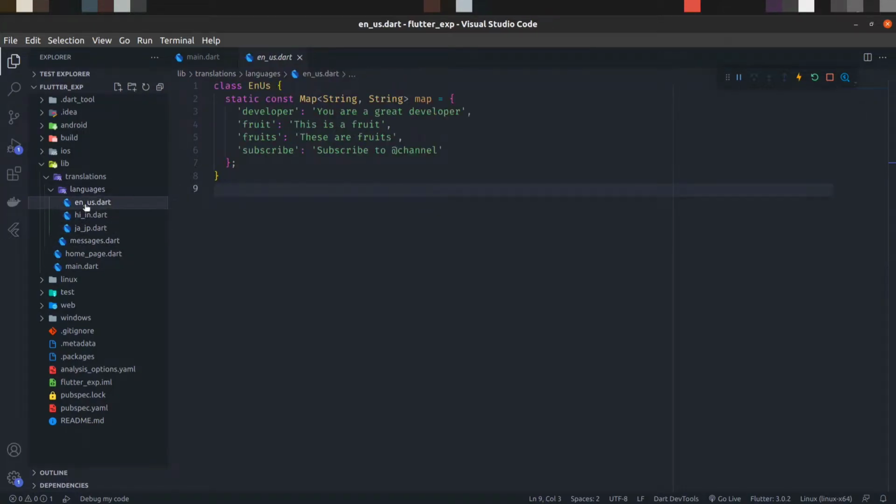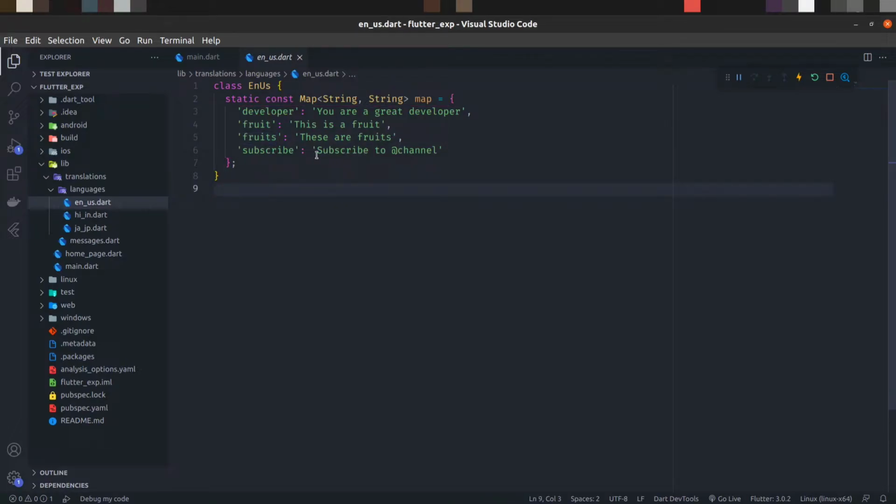So in this ENUS case, you can see all these are the keys that will be used in the Text widget, and these are the values that will be visible on the screen. And this is fruit and fruits, because for a single fruit it will use the fruit key, and for multiple fruits it will use the fruits key.